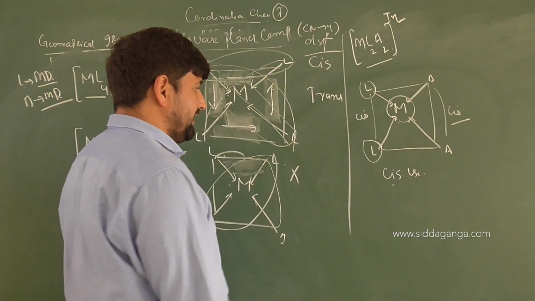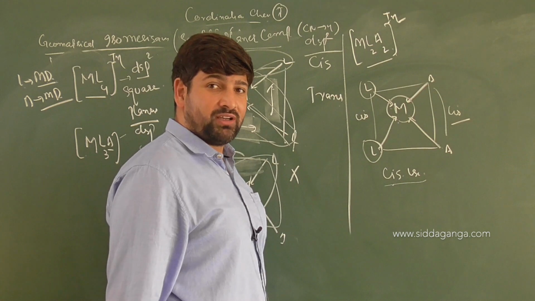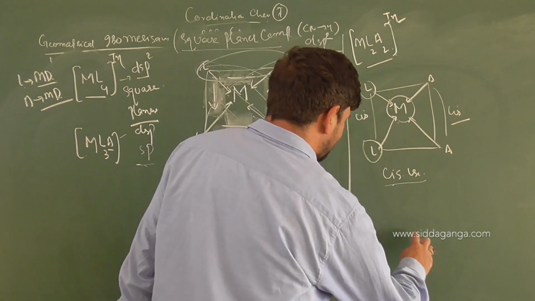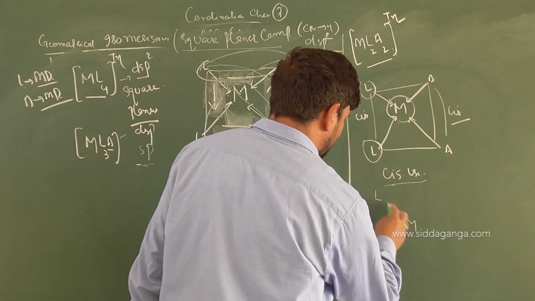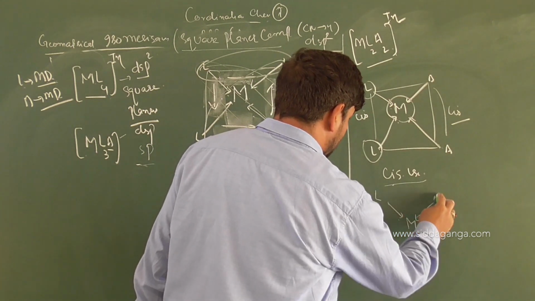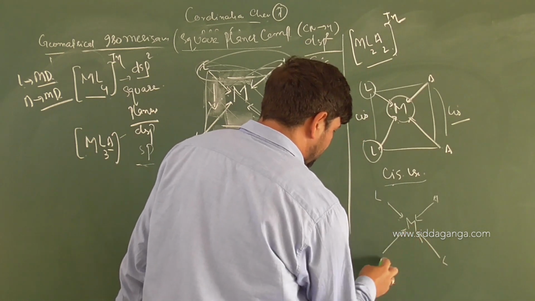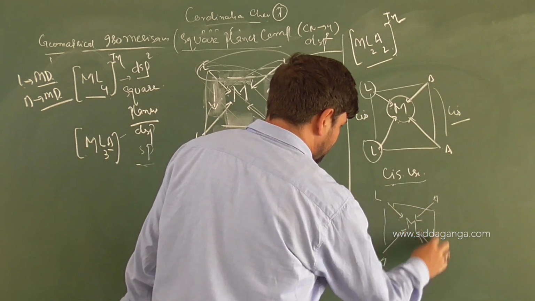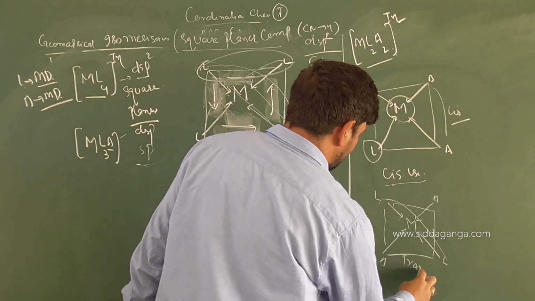Clear? Now looking at this clearly, what conformation is it? Cis. If you want to draw it as the trans isomer, how will the trans isomer look? Very simple again. Metal atom, then you have ligand, then here A, then ligand, and here A. So are these L and L on opposite sides or not? This is what conformation? Trans.